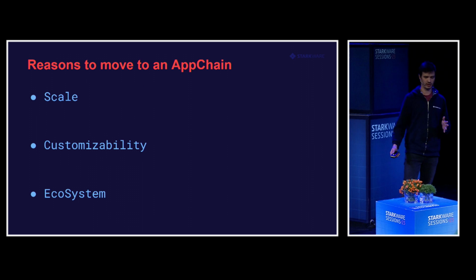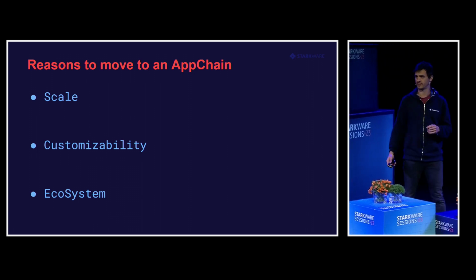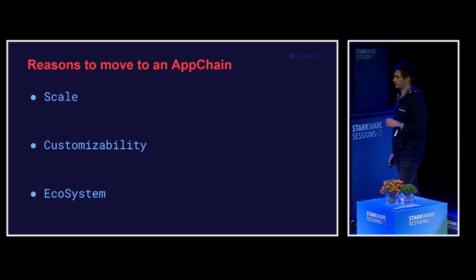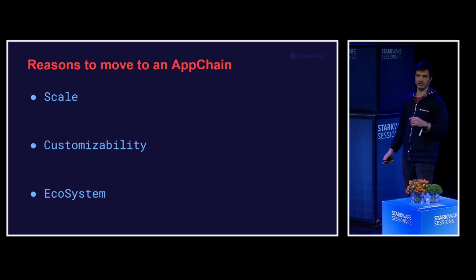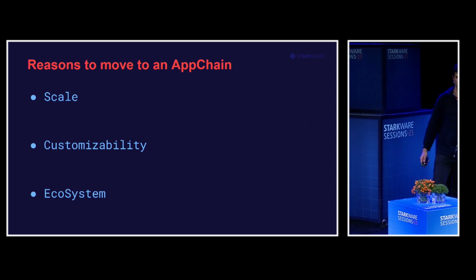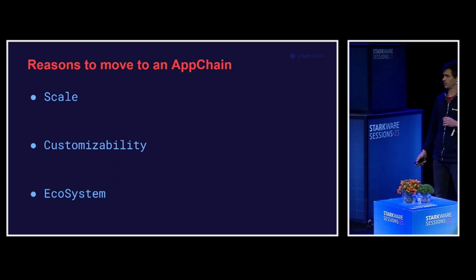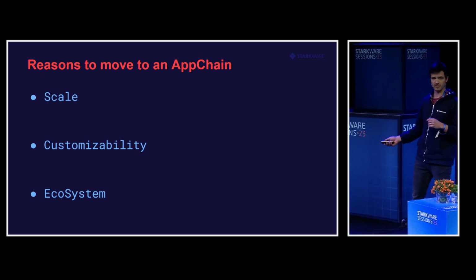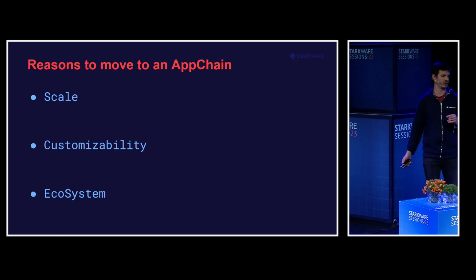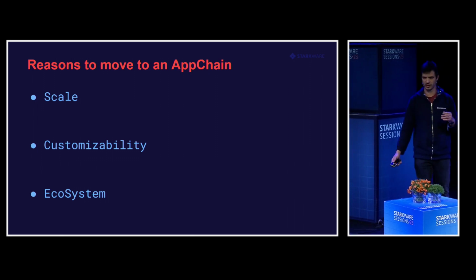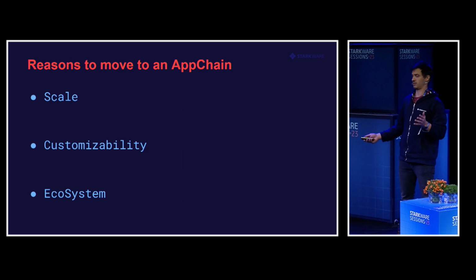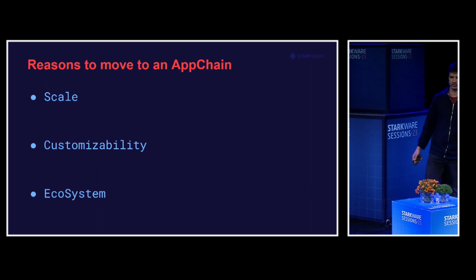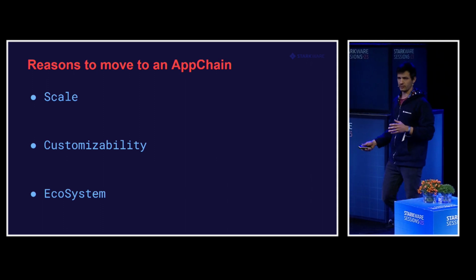So even with L2s that are really good at expanding the capacity and throughput of the network as a whole, even L2s like Starknet, they still might have the same limitations as L1s. So when there is high demand for block space, fees might still go up. And you, as someone who has an application on L2, might deliver a worse experience to your users than if demand only goes up when it is happening on your AppChain. Second is